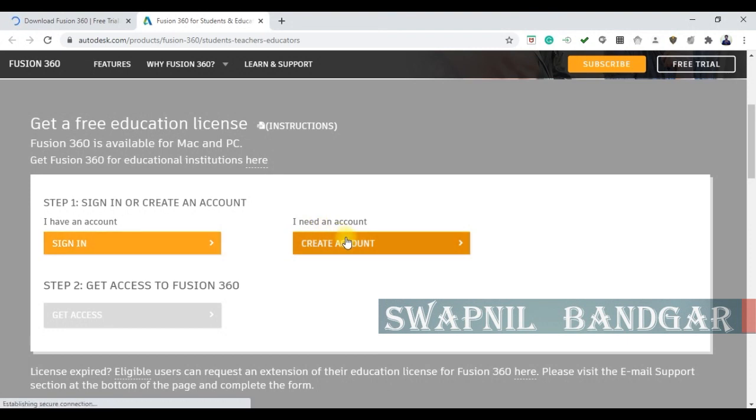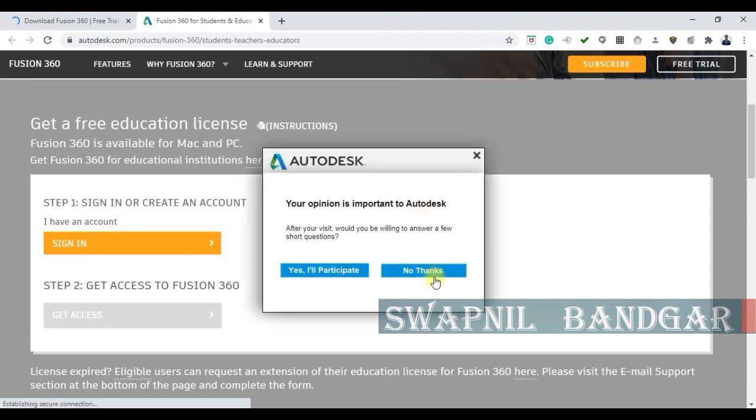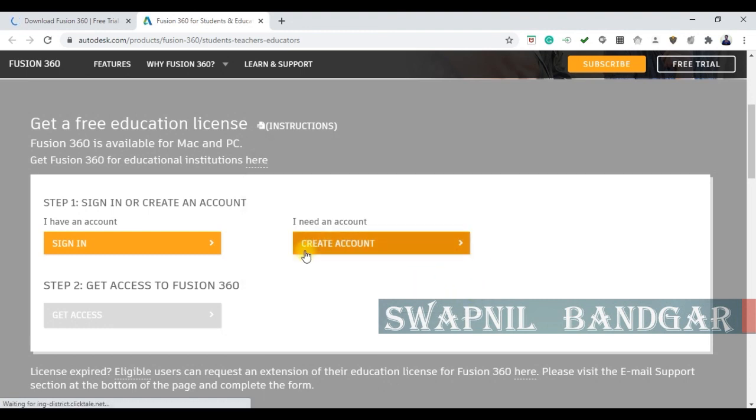And just remember one thing, that while you are going to create an account at Autodesk, you have to create it with those credentials which are printed on your college iCard. So that is a very important step. You have to write the same whatever is written on your iCard, means your name, email ID, college name, everything.